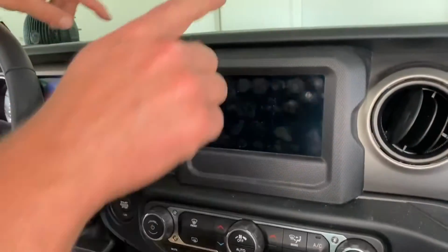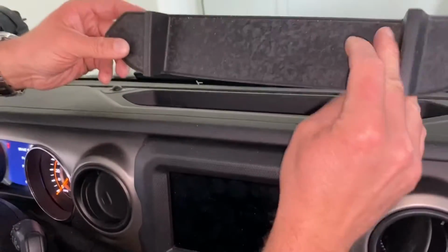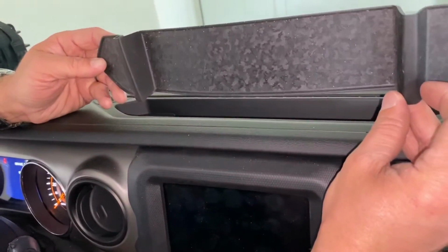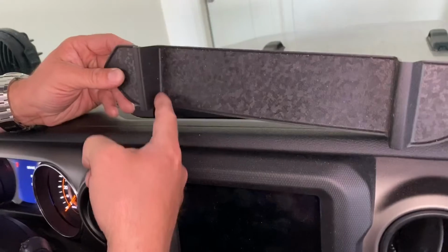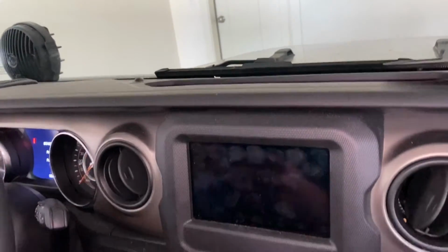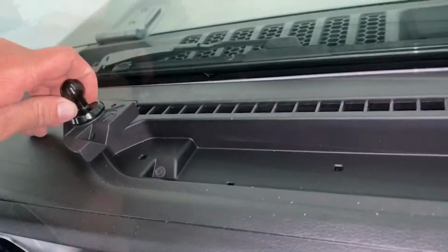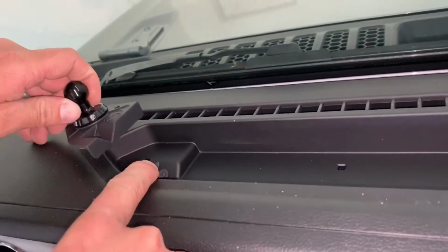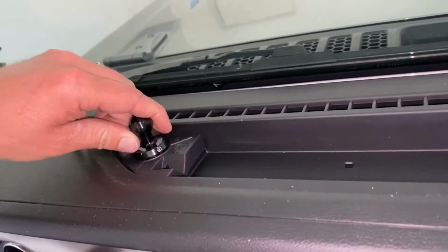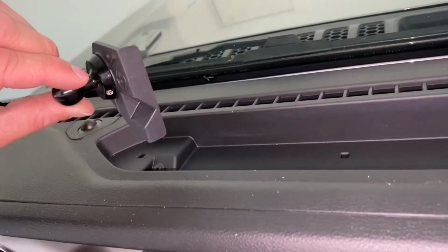Alright, now we'll come into the Jeep and you'll look up here, you'll have a rubber mat piece up where these holders go. So what you'll want to do is remove these. What we'll end up doing is cutting them along this groove and then popping that back in there. But what you want to do is come in here and dry fit these. You will pull that factory screw out, and then we'll dry fit these, and go ahead and mark the holes for the additional holes we need to drill, and we'll use the proper size